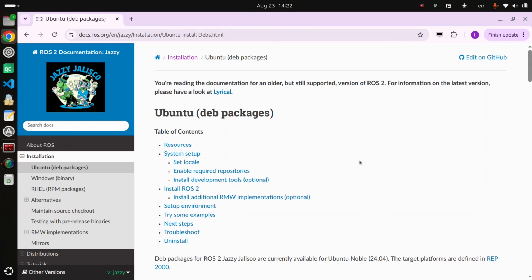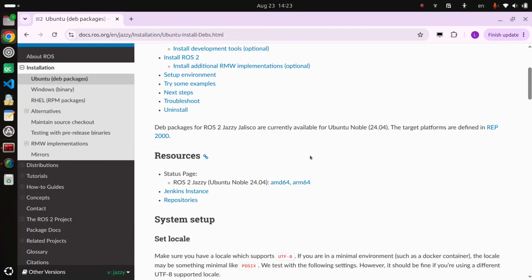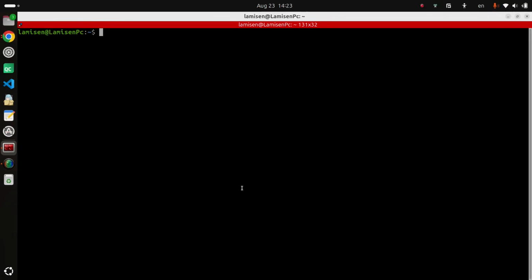I'm going to use the ROS official installation guide for installing ROS2 on Ubuntu, and this is definitely the most reliable guide to install ROS2 on your Ubuntu system. I'm using Ubuntu 24 and I'm going to install ROS2 Jazzy Jalisco, because this is the most compatible version with Ubuntu 24. But before I proceed with the documentation, I first want to make sure that my system